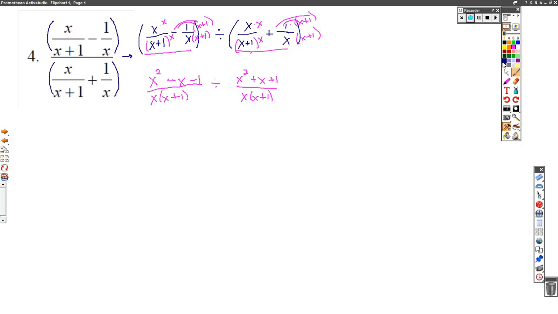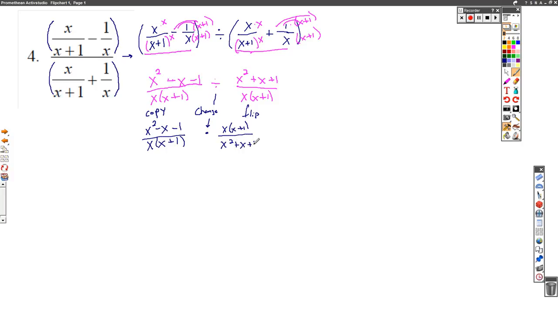Alright, the next part we're going to do is, since you're dividing two fractions, we're going to use the copy, change, flip method. So we're going to copy the first fraction, which is x squared minus x minus 1 over x plus 1. And what we're going to do is change this division sign to multiplication, and then flip the second fraction, which is going to be x times x plus 1 over x squared plus